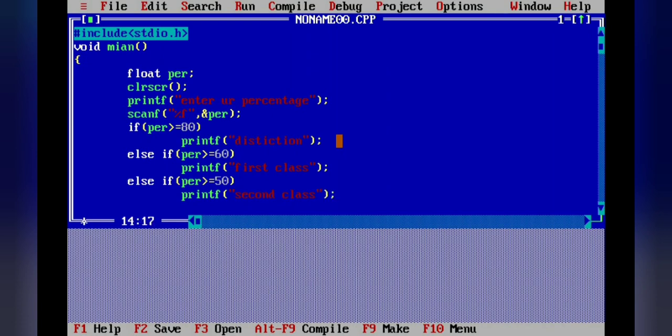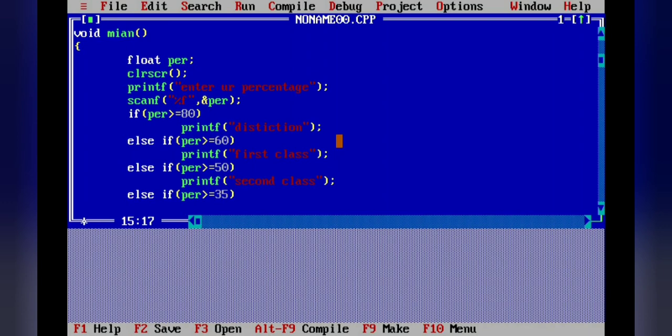Next, again else if percentage is greater than or equal to 40 or 35, then printf pass.